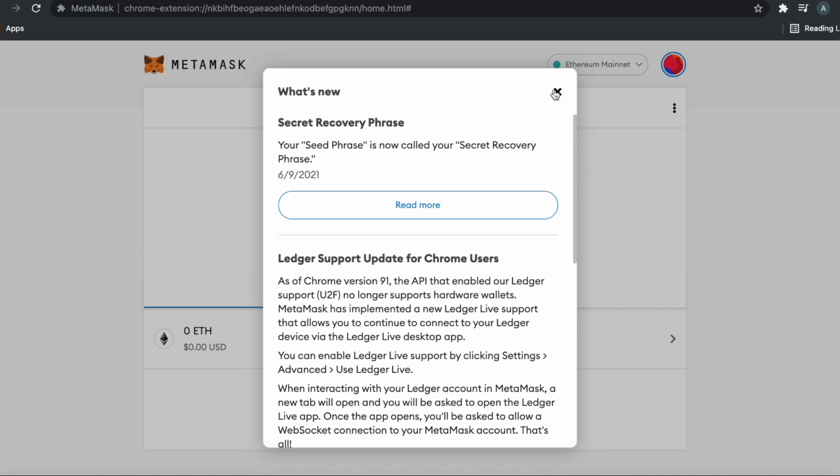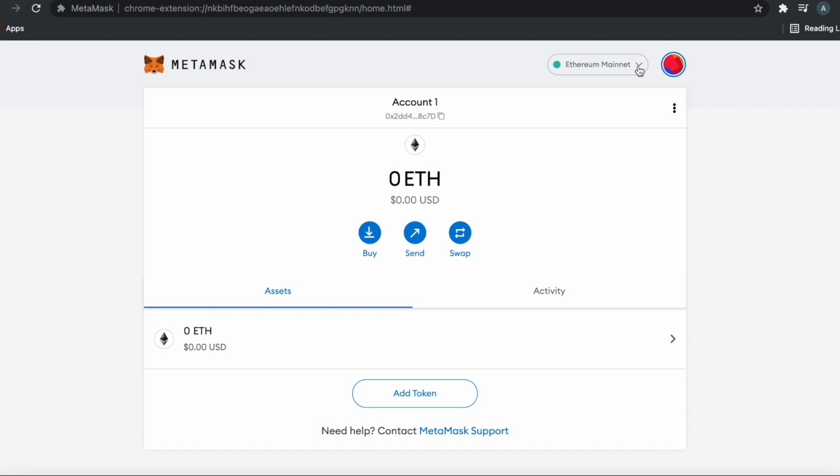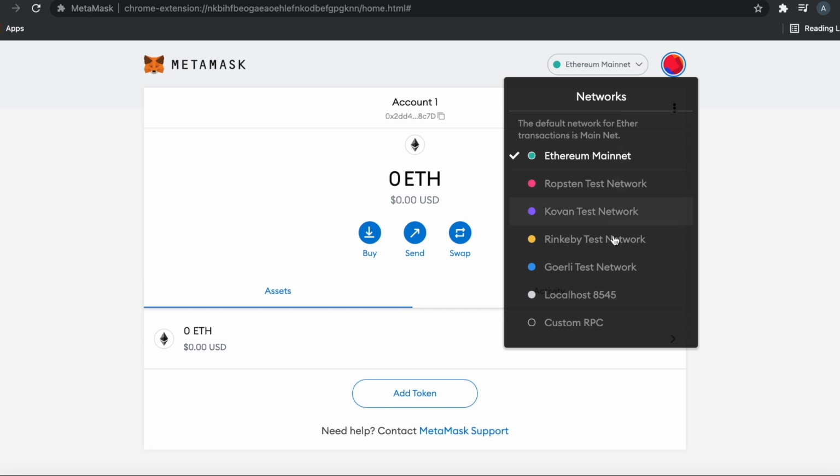So this is on the Ethereum mainnet right now. So we want this network to be on Binance Smart Chain. So I'll go to the custom RPC and I'll enter the appropriate credentials here.